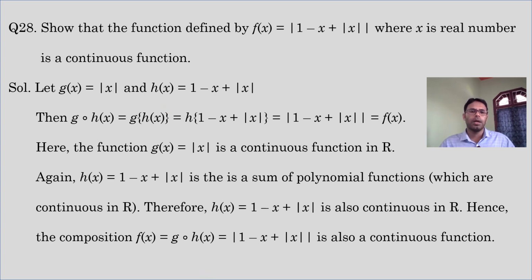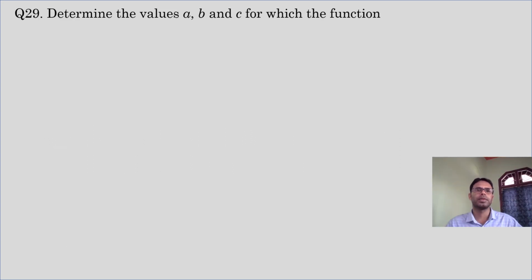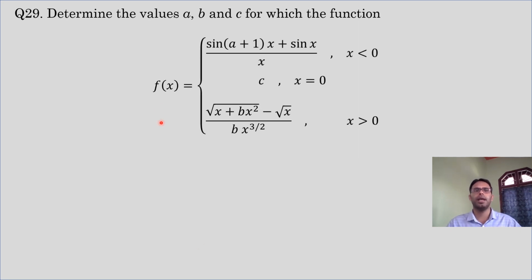Okay, so the next question: determine the values of a, b and c for which the function f(x) is continuous at x = 0. It is an entrance-based question, an interesting question. So you have to determine the values of a, b and c, but it is given that this function is continuous at 0. So the left hand limit is in this line, the right hand limit is in this line, and the functional value is in this line. So you have to use all these three